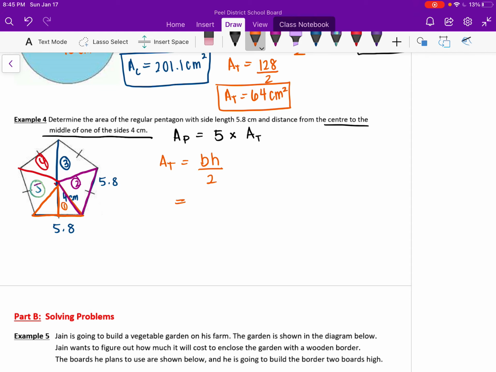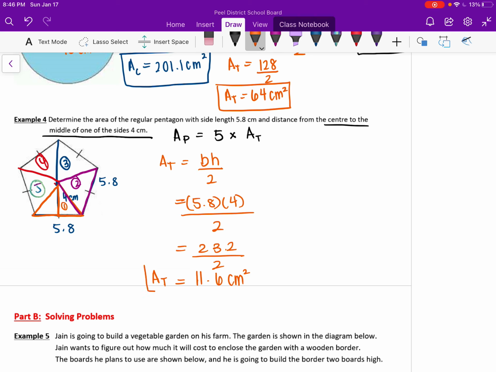I know my base is 5.8. I know my height is 4 divided by 2. So I'm going to say, all right, 5.8 times 4 is 23.2 divided by 2, right? So my area of the triangle is 11.6 centimeters